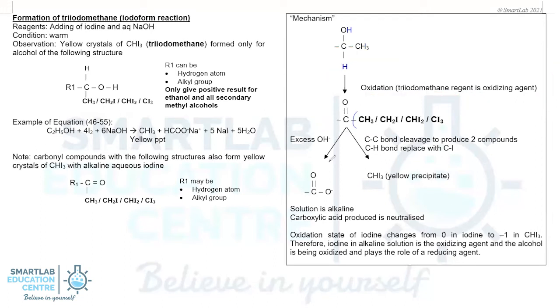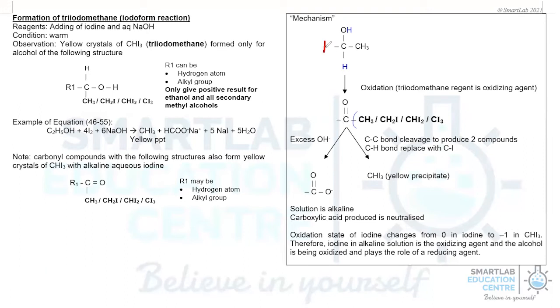So finally, with that, we can conclude that as far as primary alcohols are concerned, the only primary alcohol that can give a positive haloform will be your ethanol, as labeled here. All other primary alcohols would not be able to give a positive haloform test. As for secondary alcohols, there will be plenty of them, because you can have many different possibilities. So if there's a secondary alcohol, you will have to evaluate the structure and see whether you actually have a methyl group in this specific location.